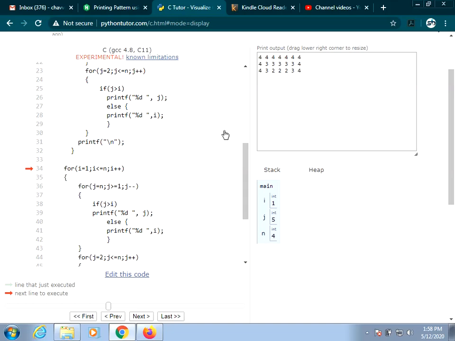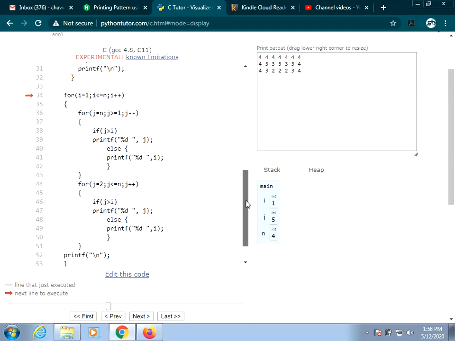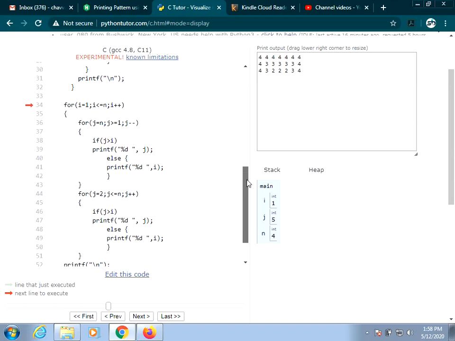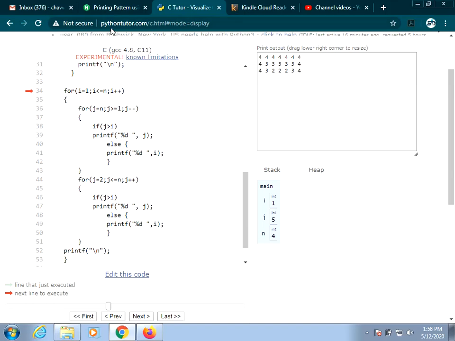With that your upper half of the matrix will be complete. It will come to the second part of your code where it will be printing the remaining part of the matrix.